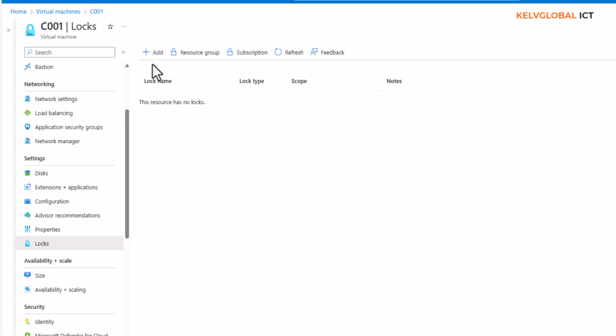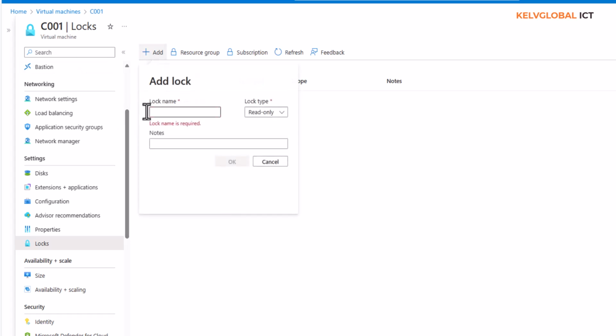So right now, if I click add, you can see we have two options. Here I have read only, which means they should only be able to read these resources, but they cannot delete or update them. And when I put cannot delete, they will be able to update the resources, but they will not be able to delete the resources. So I want the lock type to be delete,